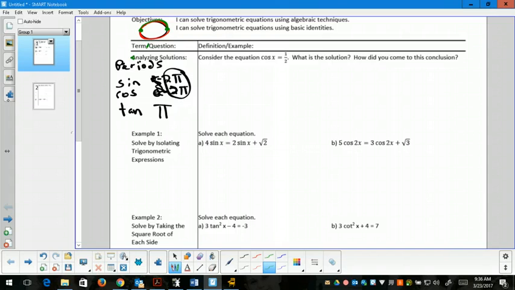So we're going to consider the equation cosine x equals 1/2. Normally if I said, what's cosine inverse of 1/2, there would only be one value, because there's one specific value assigned to it for it to be a function. But we're not looking at what's cosine inverse of 1/2. We're trying to find every value of x that has an output of 1/2. It's like solving a quadratic. There can be more than one solution. So when I go to solve this, I'm going to still look at my unit circle,